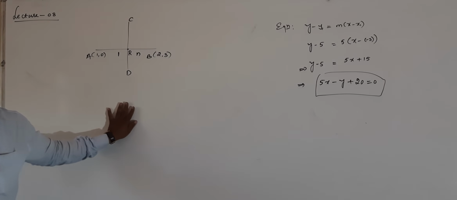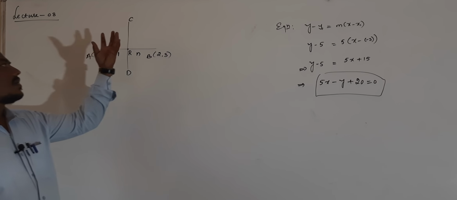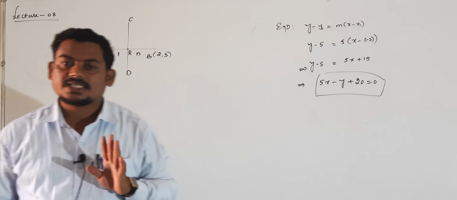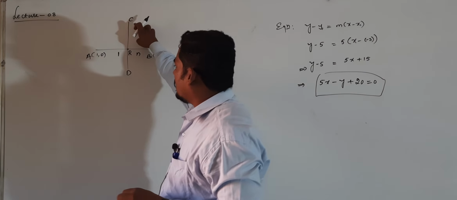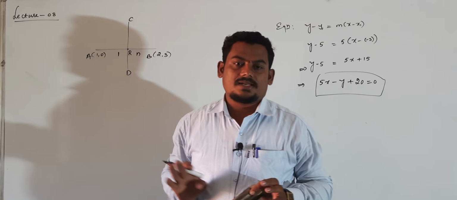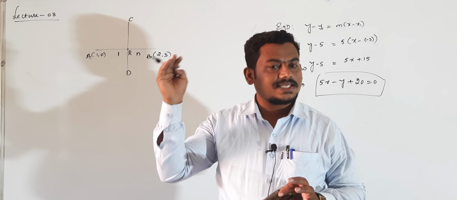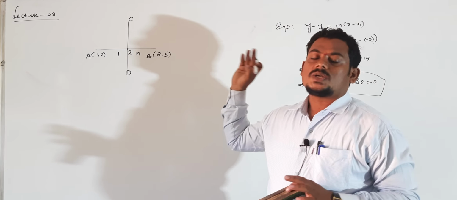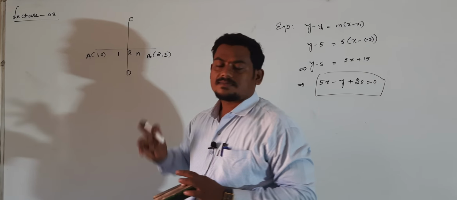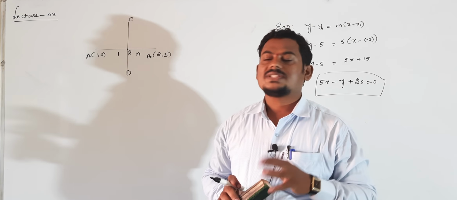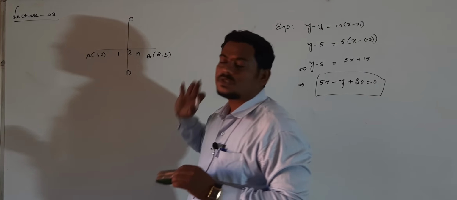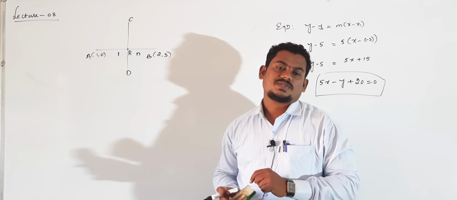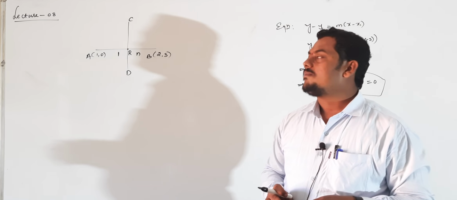There are two conditions, right? One is our required line is perpendicular to AB line, it is one condition. Here CD line is our required line. A line means CD line. A line perpendicular to the line joining these 2 points. One of the lines which is perpendicular to the line joining these 2 points, and it divides AB line in the ratio of 1:n. Then find the equation of CD line.